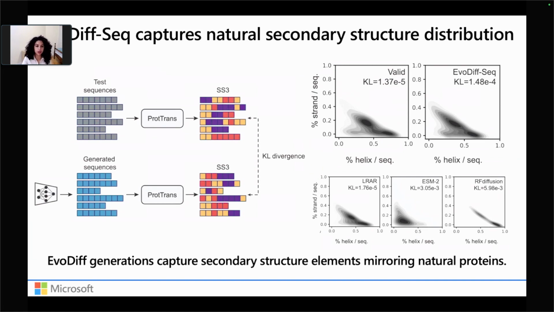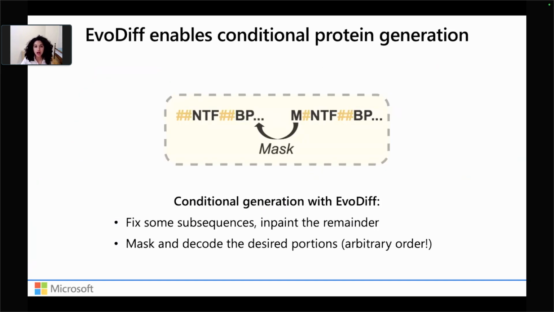Our last thing that we wanted to highlight and showcase with EvoDiff was its capability to enable conditional protein generation in a very flexible manner. The beauty of this is that most naturally, with this EvoDiff diffusion framework, we have a very natural way to automatically perform conditional generation. Because we perform this discrete diffusion modeling where we mask and corrupt sequences in an arbitrary